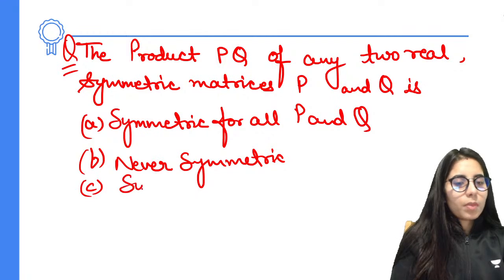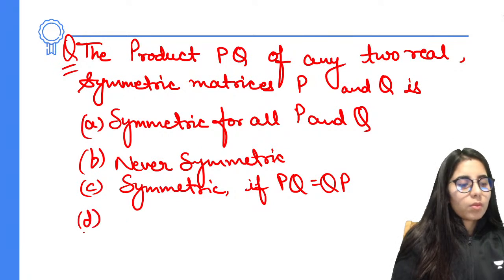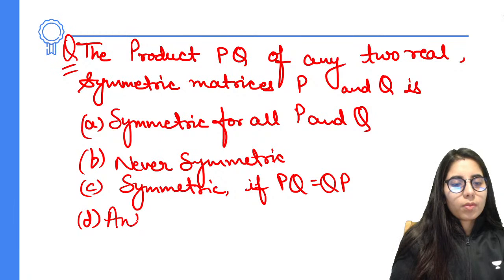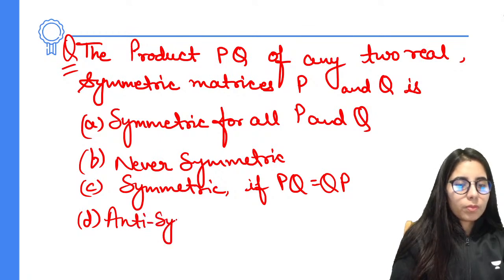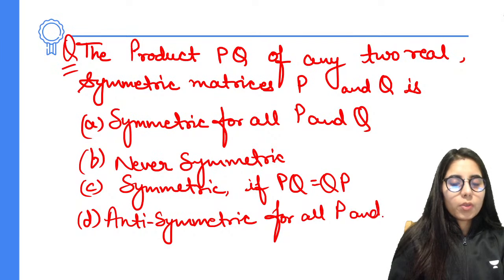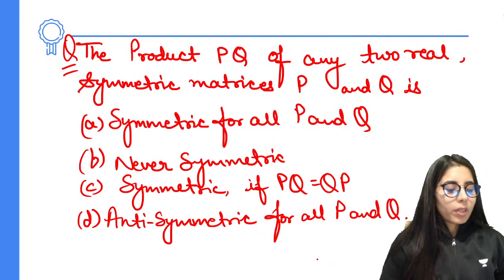Option C is symmetric if PQ is equal to QP. Option D, antisymmetric for all P and Q. Done. So these are the options. Now according to you,